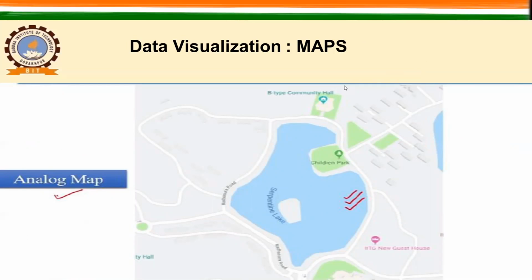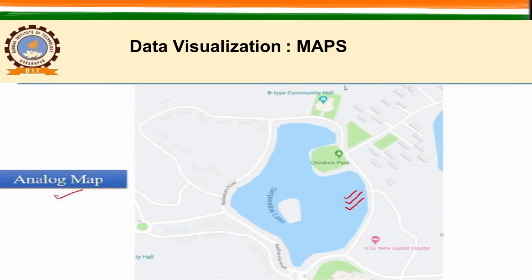Now let us go with this map. I hope you all remember my initial lecture where I explained the analog and digital photograph. ठीक है, एनालॉग फोटोग्राफ और डिजिटल फोटोग्राफ याद करो. लेक्चर 1 जो हमारा था उसमें ही मैंने उससे स्टार्ट किया था. So here you can see this is your analog map where all the objects or materials have been highlighted by using different colors. So this anybody can prepare, right?